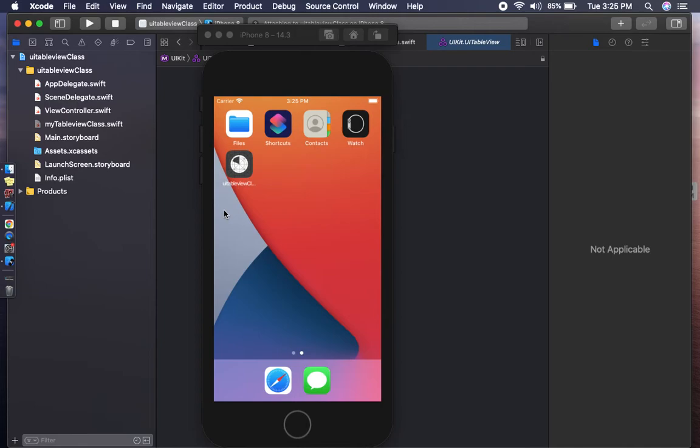I will give the example for number of sections. So we can display the number of sections. We can give 5, and it will display 5 sections.